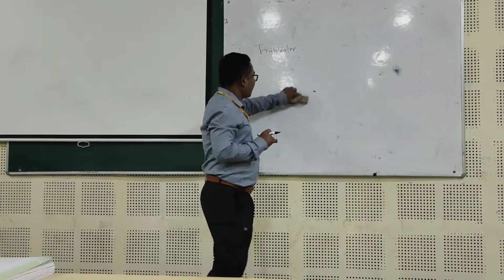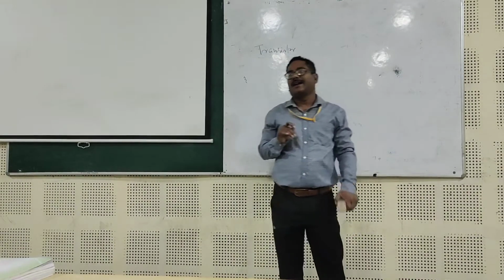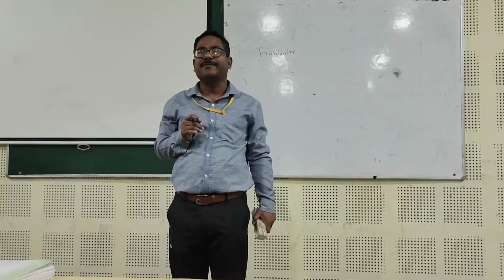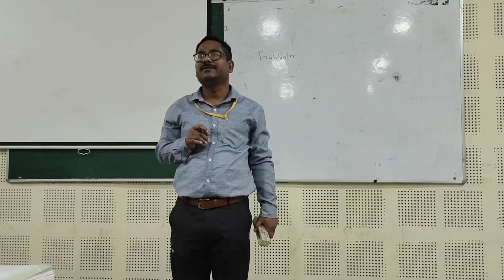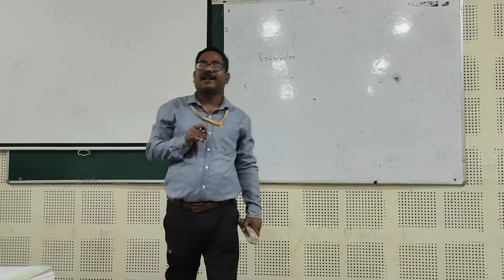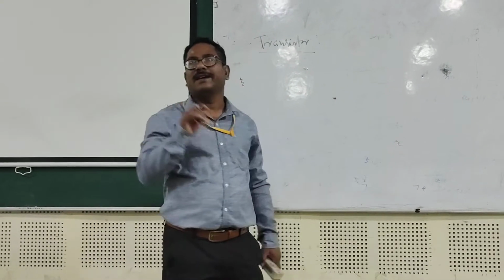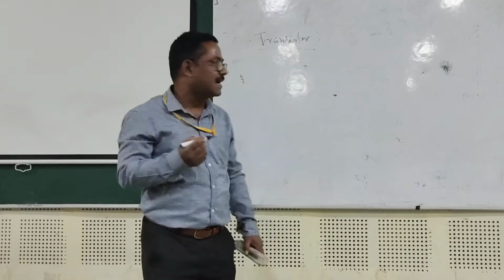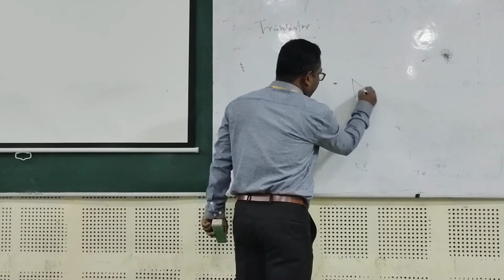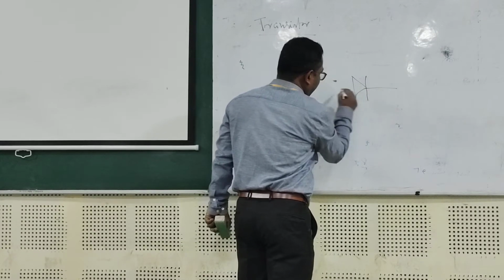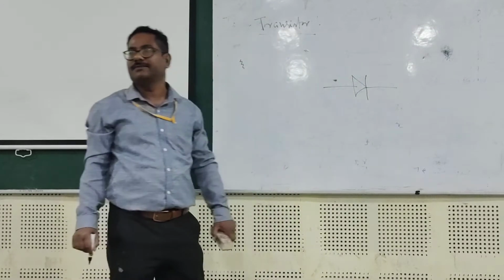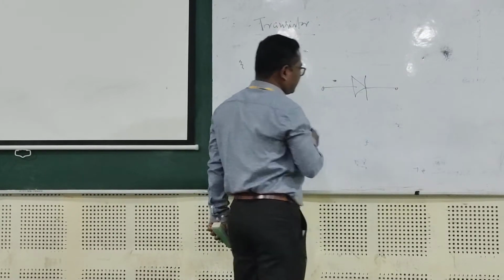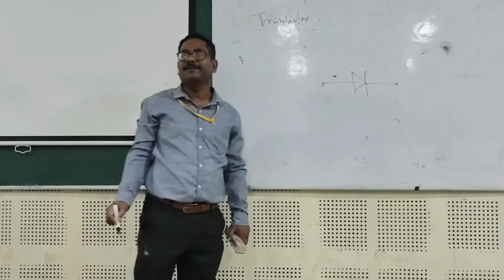That means, as you know, how many PN junction diodes are used in a transistor? Two. In a diode, one. You know that a diode is a semiconductor device having only one PN junction. And this is the symbol of a diode. It has two terminals, as you know, anode and cathode, with a PN junction.